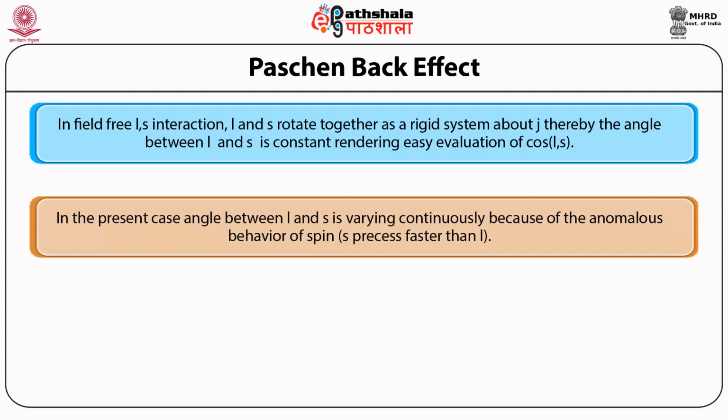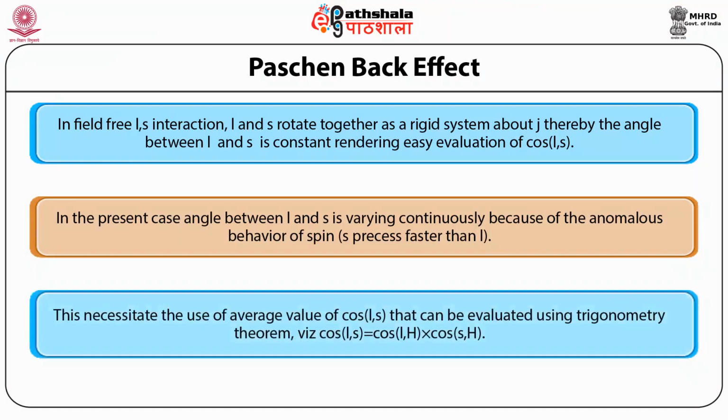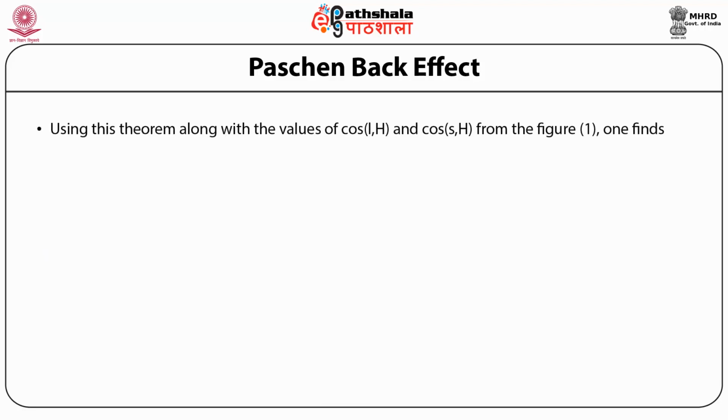In the present case, the angle between L and S is varying continuously because of the anomalous behavior of spin. S precesses faster than L. This necessitates the use of the average value of cos(LS), which can be evaluated using a trigonometry theorem, writing cos(LS) = cos(LB) cos(SB). Using this theorem along with the values of cos(LB) and cos(SB) from the figure, one finds